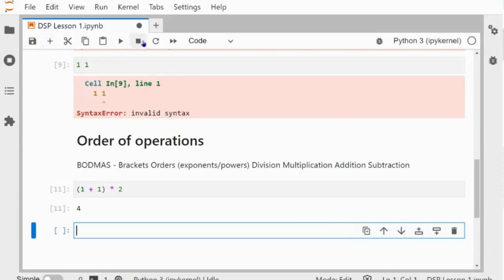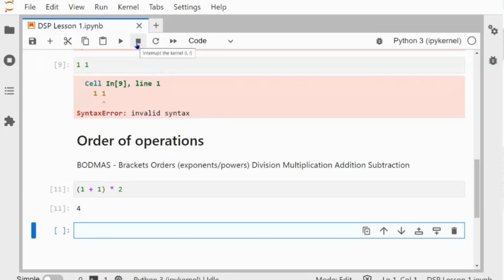And going back to the taskbar, we've got this icon here to interrupt the kernel. When you're running your notebook, the kernel will be on, and that's what's keeping track of the running and facilitating your execution. So you can interrupt it. For example, when we start doing more complex things, it may be taking a long time to run something and you think, oh, maybe there's an error. So you can stop it by interrupting it there. Or if you notice that, oh, right, I need to change something and this is going to take a long time and I don't want to wait, you can interrupt the kernel, change it, and then run it again.